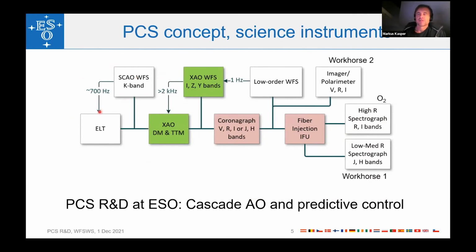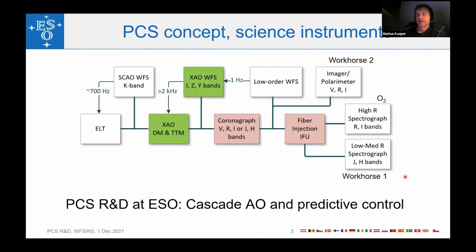We have a first stage SCAO system using the ELT M4 running pretty slow. And then after that, we have a high-speed extreme adaptive optics system, and then instruments. At the moment, we are considering 3 types of instruments: a low, medium resolution spectrograph, a high resolution spectrograph looking for the oxygen band, and also an imager and